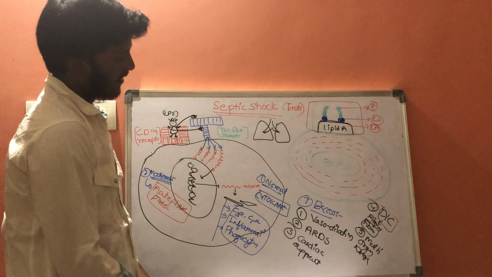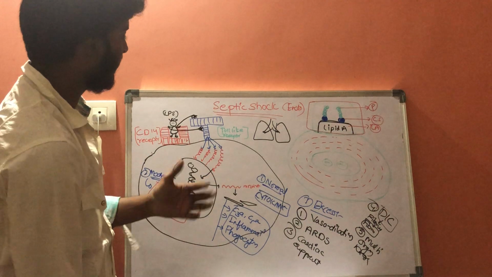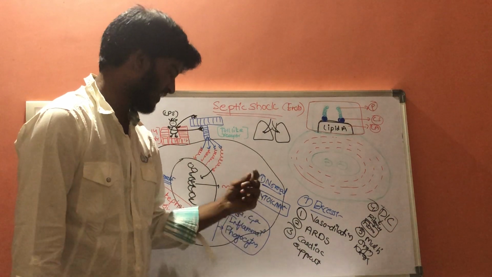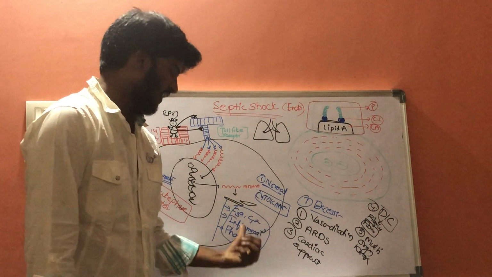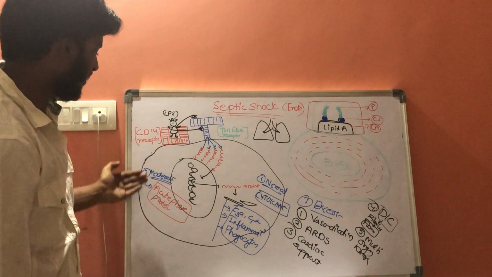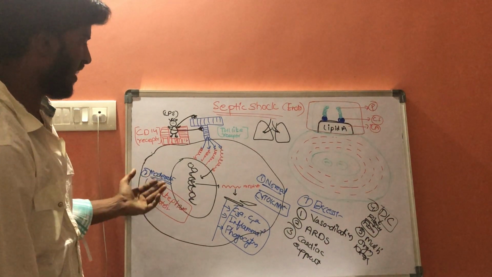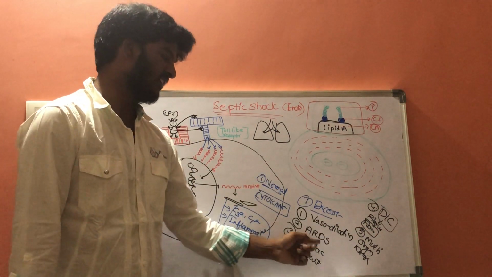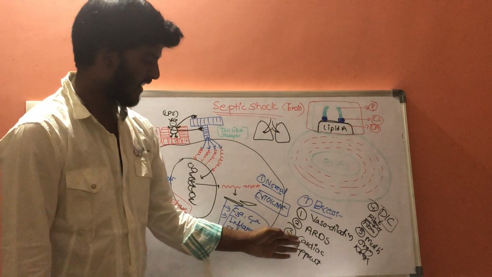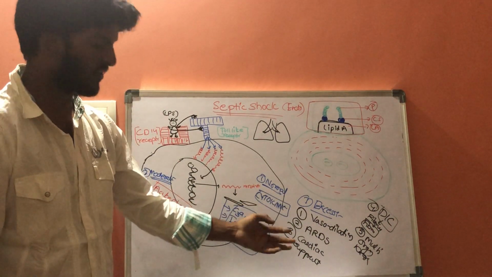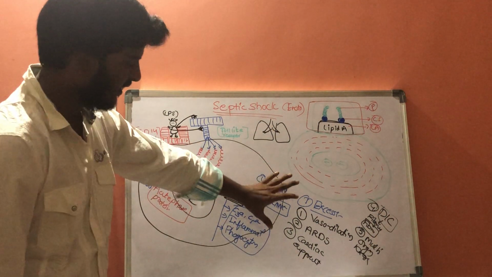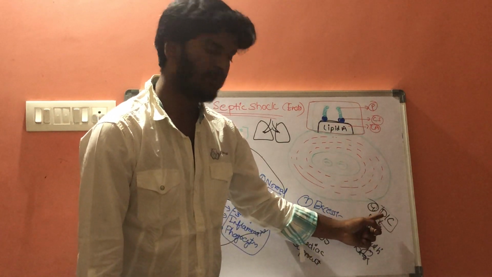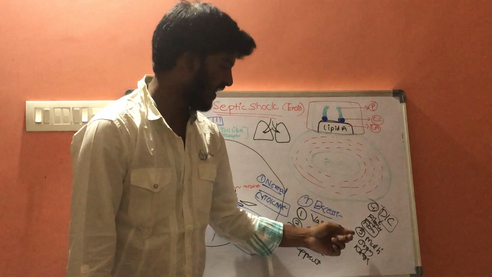These are the characteristic features which can be seen in septic shock if there is excessive production of cytokines. If cytokines are produced normally, it results in activation of C3 and C5a and involves in inflammation and phagocytosis. In moderate conditions, it will activate the acute phase proteins. But if it is excess, it results in vasodilation, ARDS, and it works as cardiac suppressants. There will be decreased cardiac output and failure of the heart. Next is disseminated intravascular coagulation, and the last one is multi-organ damage.